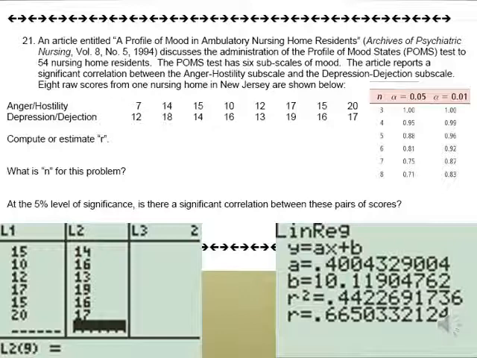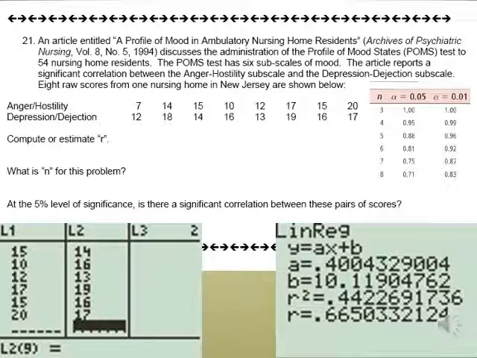Again, if I want to calculate R, what I've got to do is go to Stat Edit. I put the anger hostility scores in list 1 and those depression dejection scores in list 2. You then go to Stat Calc and go down to linear regression, and here we found that the R is 0.665. What I've got to do now is compare 0.665 to the table, and the way I do that is I look up how many pairs of data I have. There are 8 pairs of data, 8 subjects they looked at,